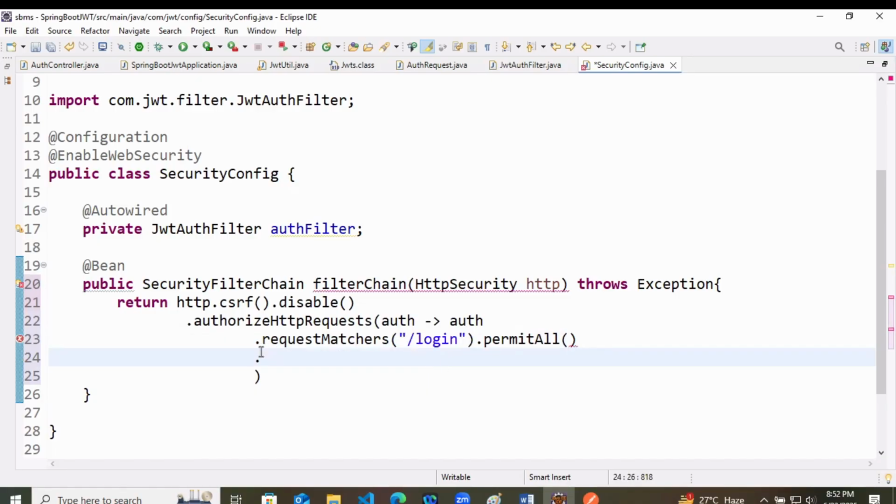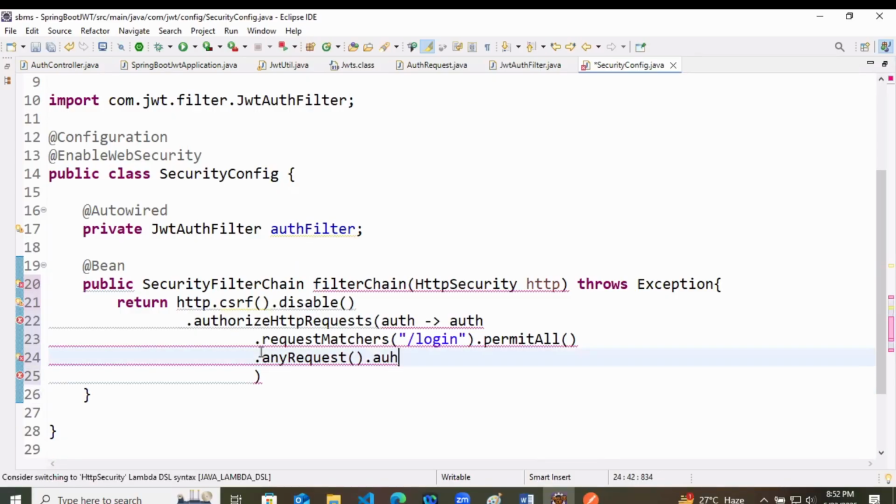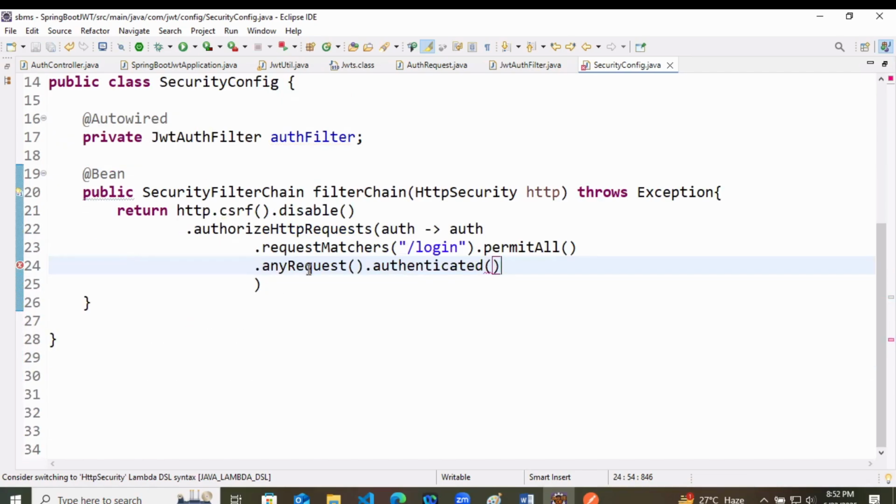Apart from this, if any other request is coming, dot any request dot authenticated.